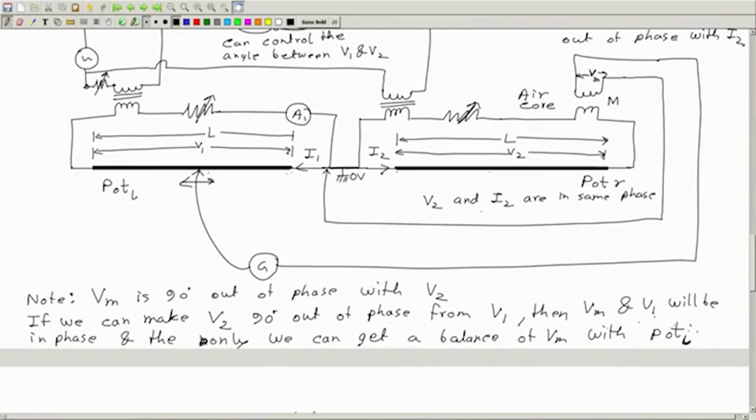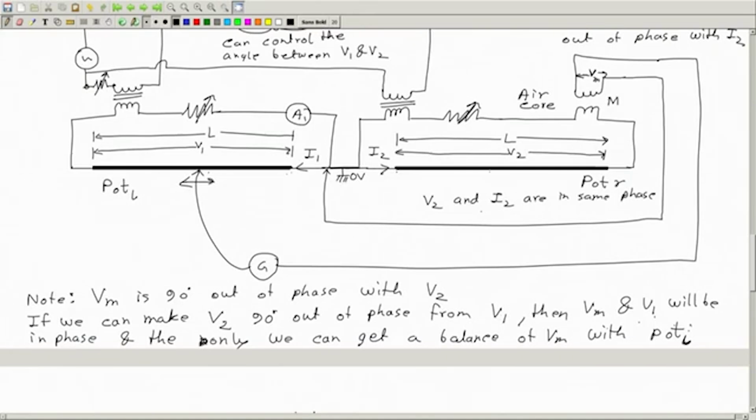So if we do not get any balance, if we fail to get any balance for any position of this jockey, that means Vm is not in phase with V1, which in turn will mean V2 is not at 90 degree with V1,